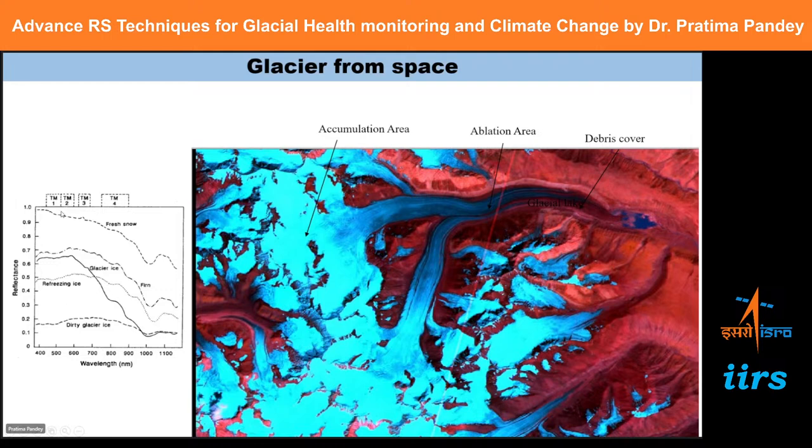If we come to SWIR, there is a little dip here. This is the SWIR spectrum, the spectrum in the SWIR region. So using these two contrasting bands, we can do the band ratio. We can do green divided by SWIR or blue divided by SWIR. This will help us in automatically delineating the glaciers. So using two contrasting bands, we can automatically delineate the glaciers.